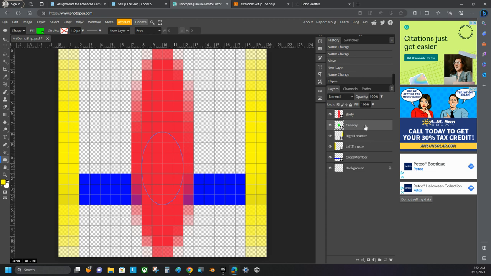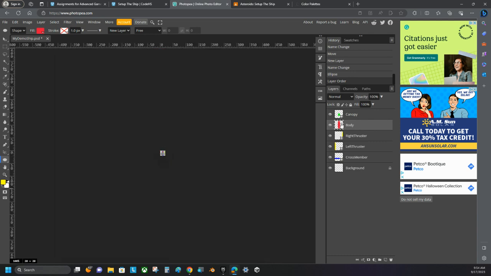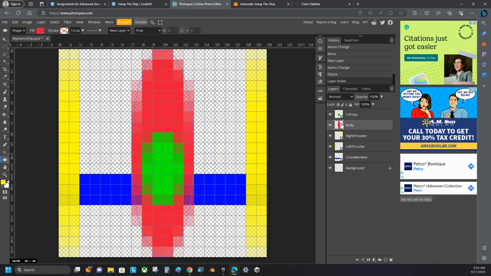All right, now I can't see my canopy. What's up with that? Well, I'm going to have to move my body beneath my canopy. There we go. Now I can see my canopy. Now let's see. If I press Control 1, I can kind of see my ship, but the grid is really